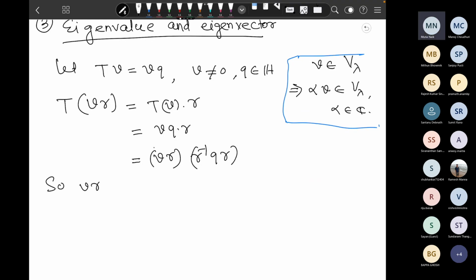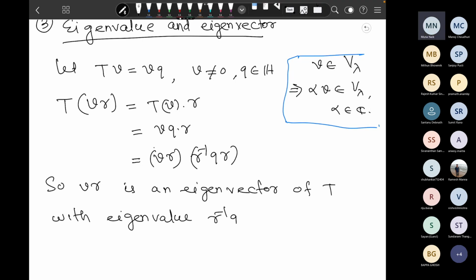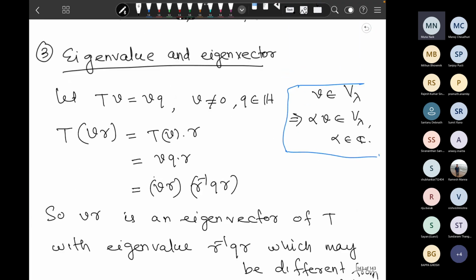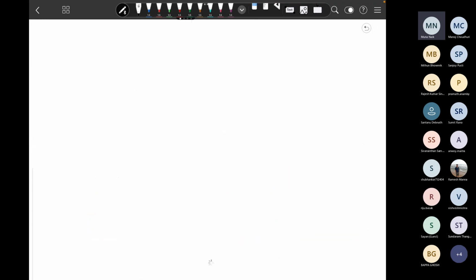So here is an eigenvector of T with eigenvalue r inverse qr, which may be different from q. So eigenvalue and eigenvector are not the same. So the fourth difference is this: